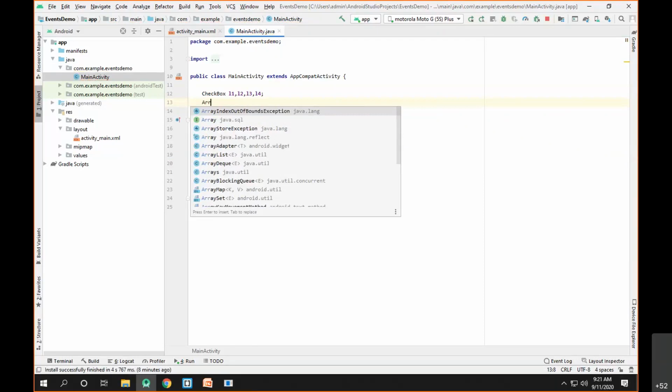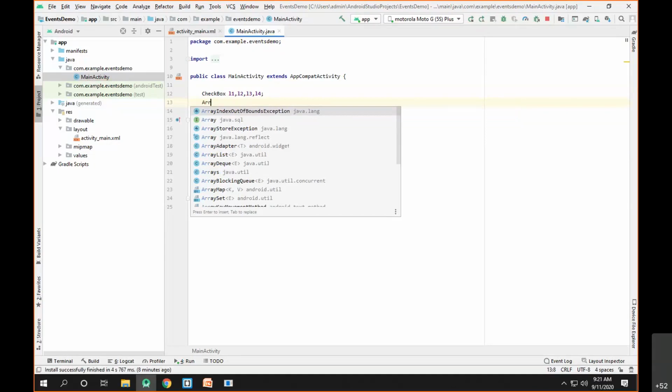Okay, and initialize this particular reference inside the onCreate. This is how the code will work. So you create all the references inside a class and you initialize all the references inside the onCreate method. Initialize the known langs object. So known langs is equal to new array list of string. Even if you don't, this is optional, it doesn't matter. Created one array list and we have mapped all the 4 checkboxes to 4 variables.